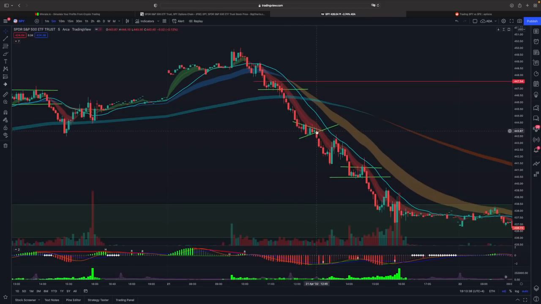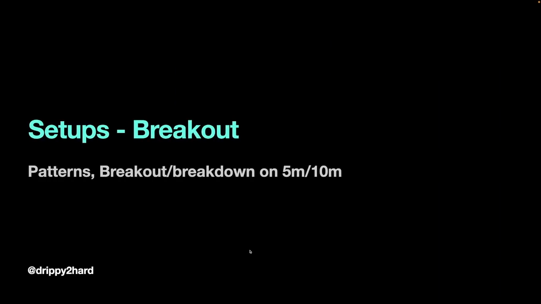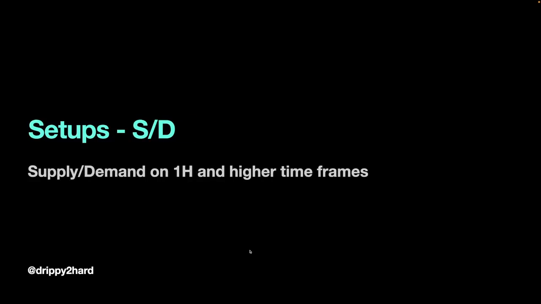Hey Drippy, when do patterns break out? Time is a level. Around 1 o'clock, around 11, around 3. So just pay attention to the closing bells, and like every hour. Those are the important ones. And then next we'll go to supply demand, which is also important, but not as important as the key levels which I told you.